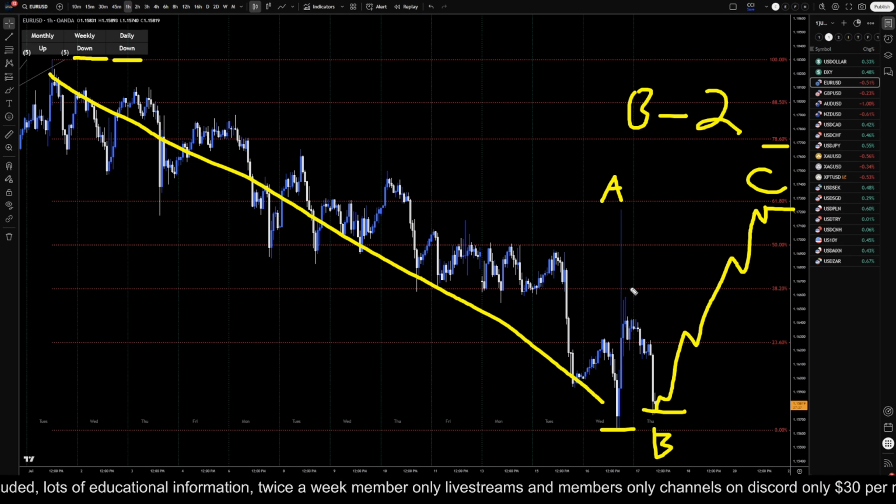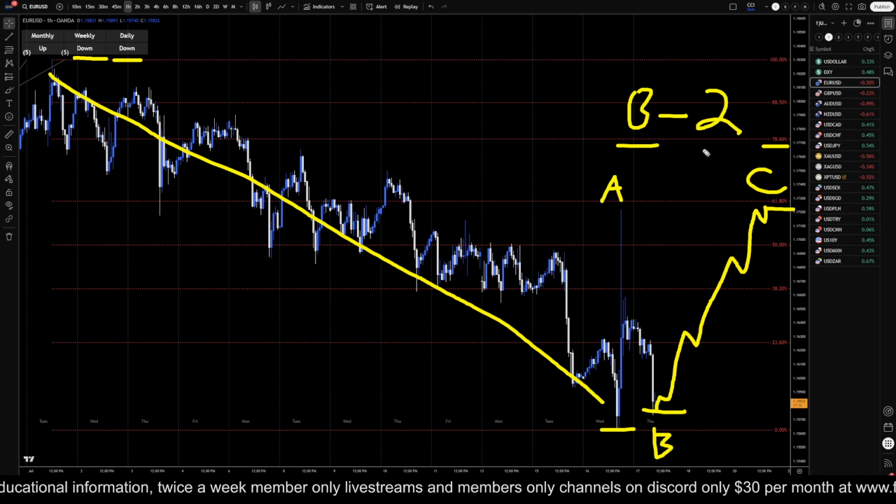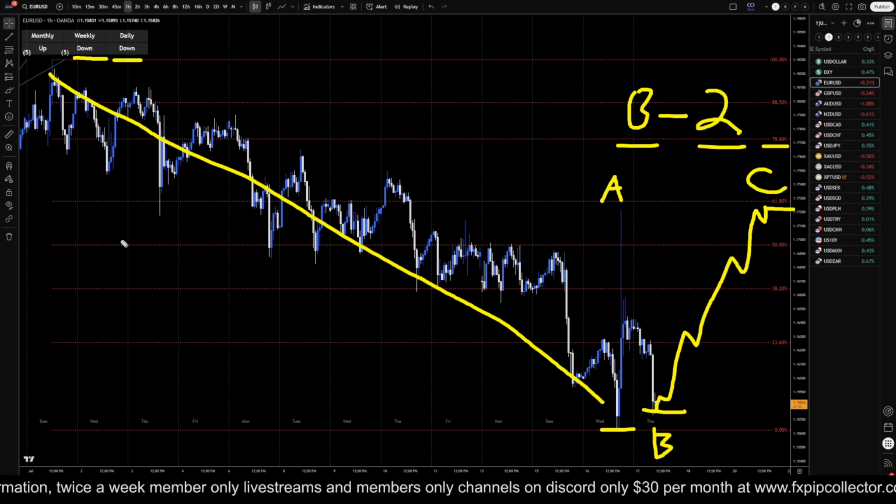of 2. Luckily, a wave B and a wave 2 is traded exactly the same, so it's not really that important to know at this stage in the pattern whether it really is a wave B or whether it is